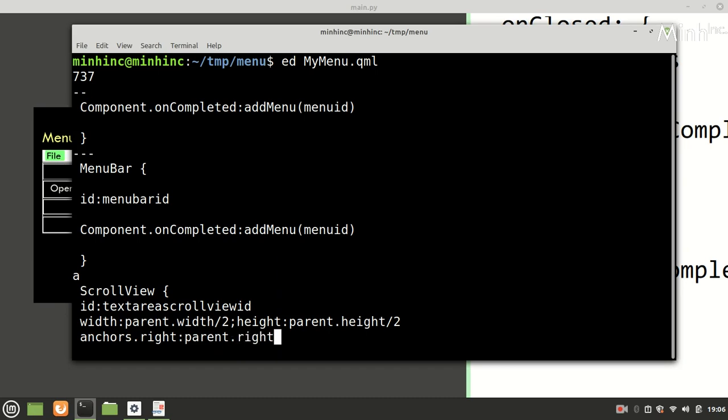So we are bringing it to the right side, and vertical center would be the same, anchors dot vertical center parent dot vertical center.